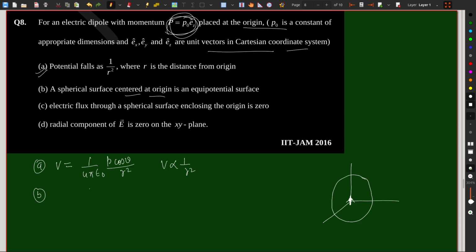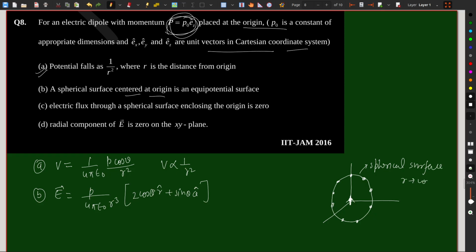We have the formula for the electric field due to a dipole, given by p over 4 pi epsilon naught r cube times (2 cos theta r cap plus sin theta theta cap). So the electric field at every point depends on the angle theta and the radial component. For this spherical surface,